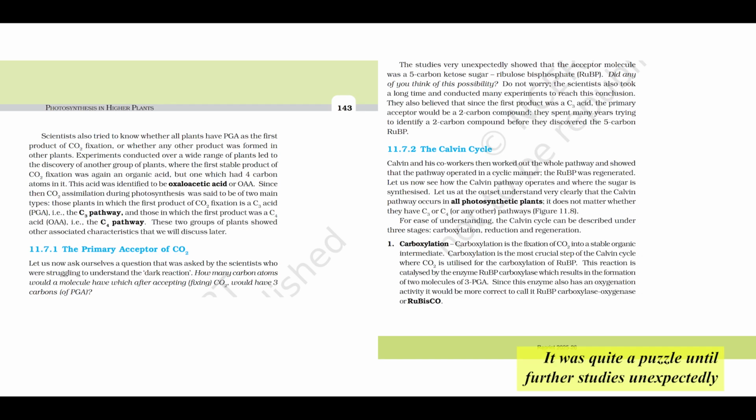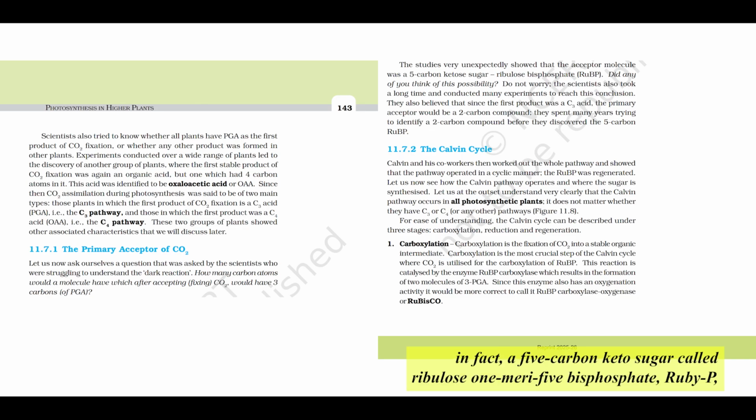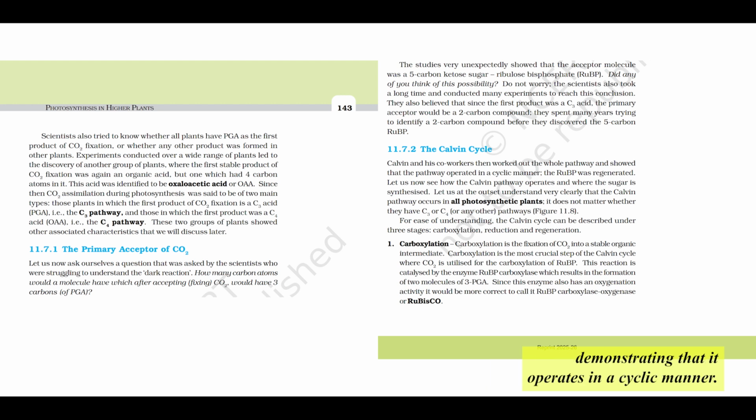It was quite a puzzle until further studies unexpectedly revealed that the actual primary CO2 acceptor molecule was, in fact, a 5-carbon keto sugar called ribulose 1,5-bisphosphate, RuBP. 5C plus 1C makes a 6C intermediate, which splits into 2 3C molecules. That was the breakthrough. Melvin Calvin and his team then worked out the entire pathway, demonstrating that it operates in